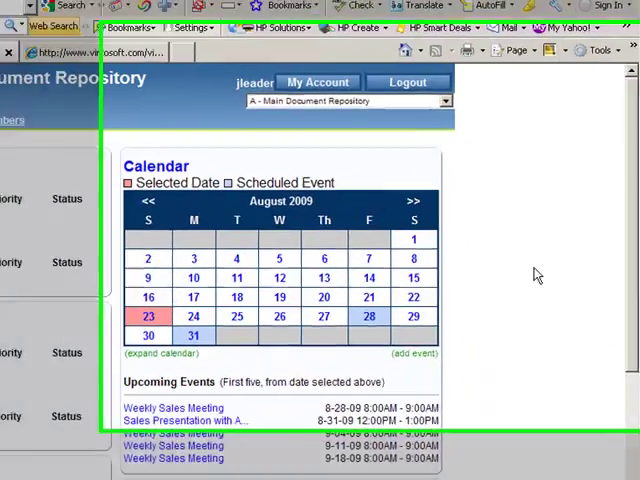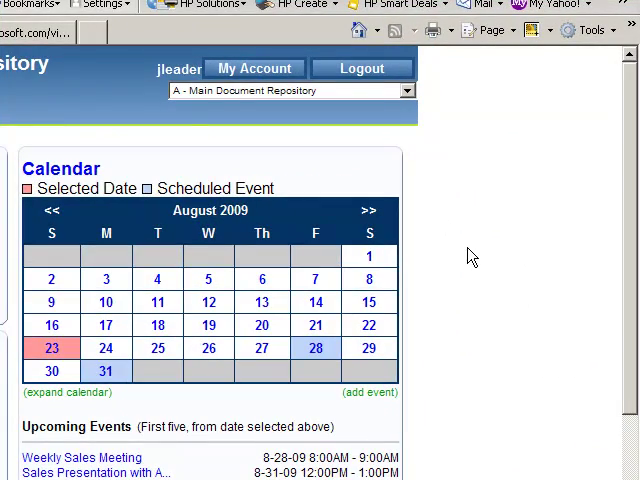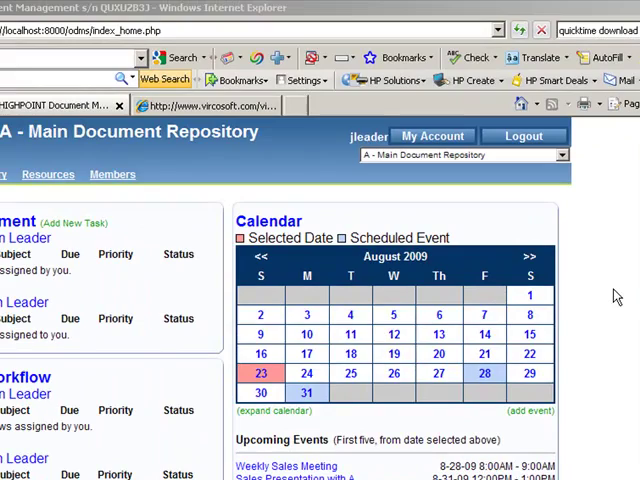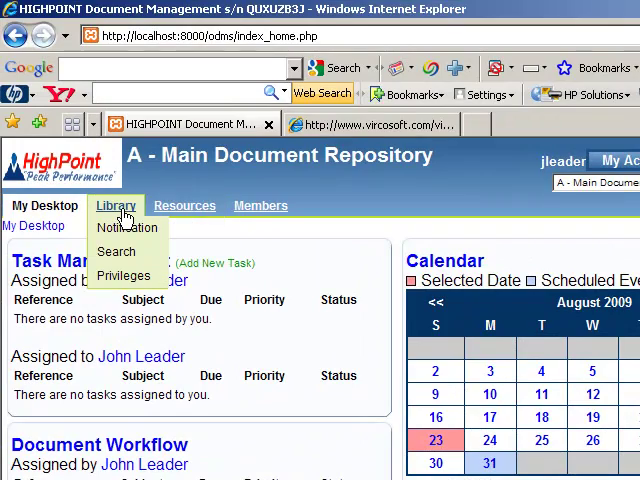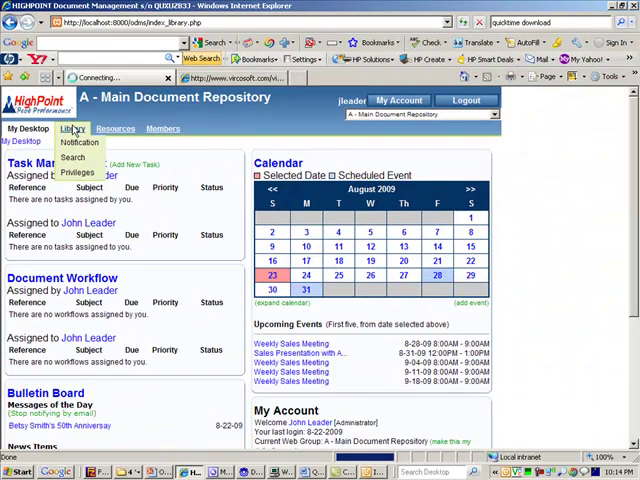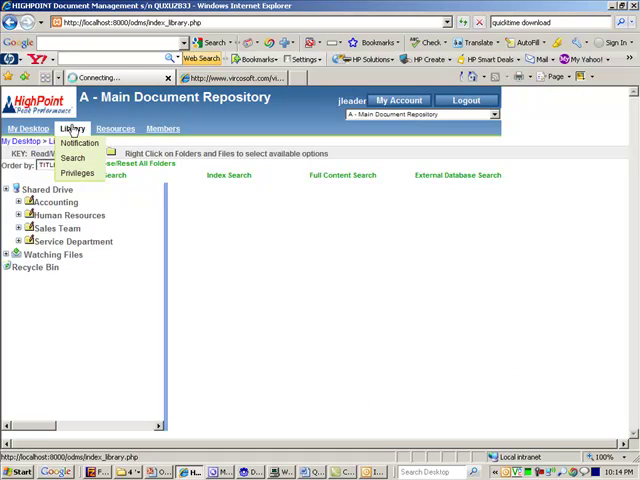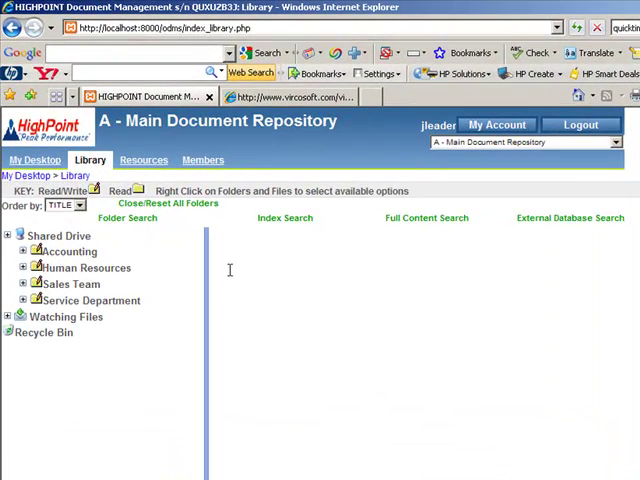Okay, and we're going to talk about another document management feature inside the High Point repository. And that is, how do you upload documents into your library? Well, I'm going to click the library, and there's several ways to get documents in here. The most efficient way is to use our vFiler document imaging application that will automatically index and automatically file your